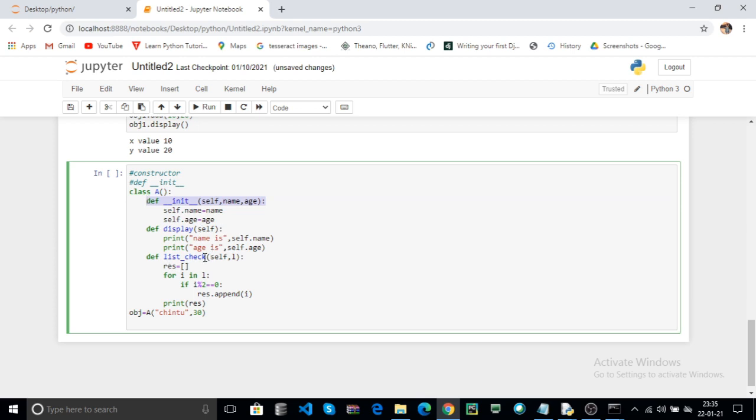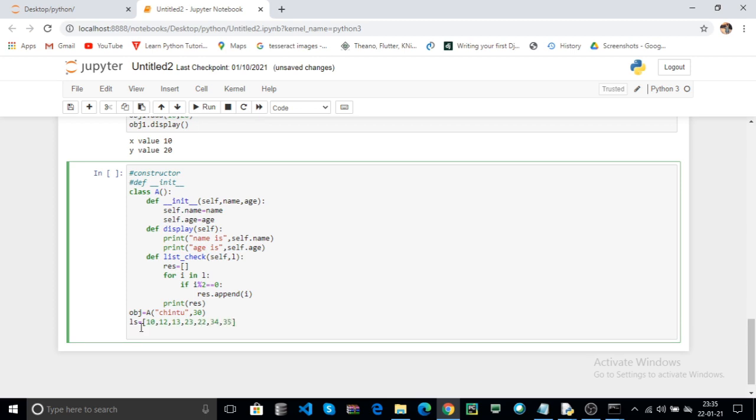Now here the list check contains one parameter, that is the list. For example, I take the ls here 10 12 13 23 22 34 35. For example, these are some numbers. You can access any method within the class by using the object dot list check, which is the method.